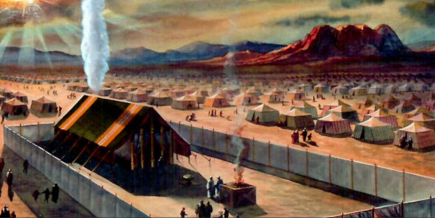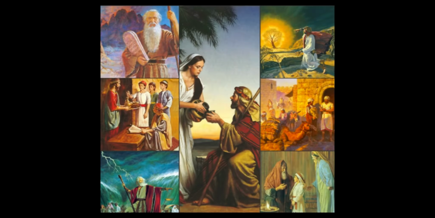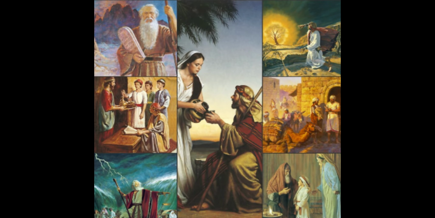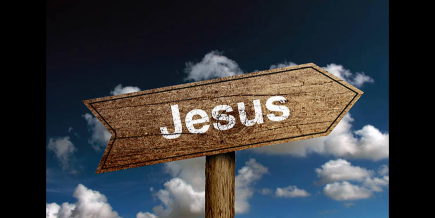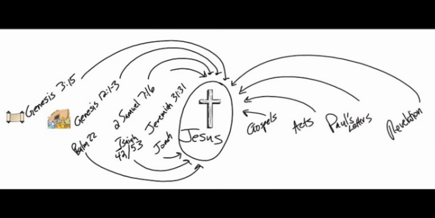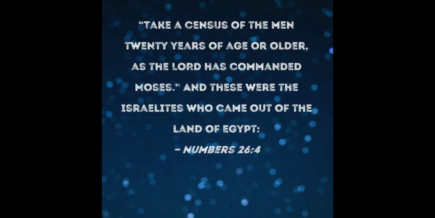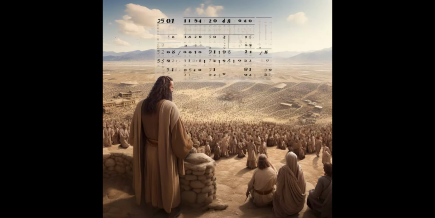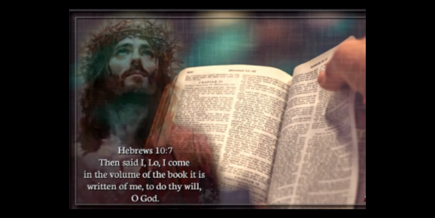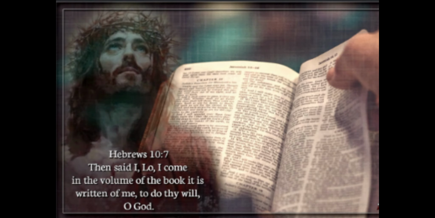The camps of Israel by design. Every detail in the Old Testament is there by design, and that design will always point to Christ. And with the camp of Israel, it seems to be the case too. In Numbers 2, a census is being taken of the people in the camp, a census of the population. Jesus said, "The volume of the book is written of me." Let's see if this plays out here.